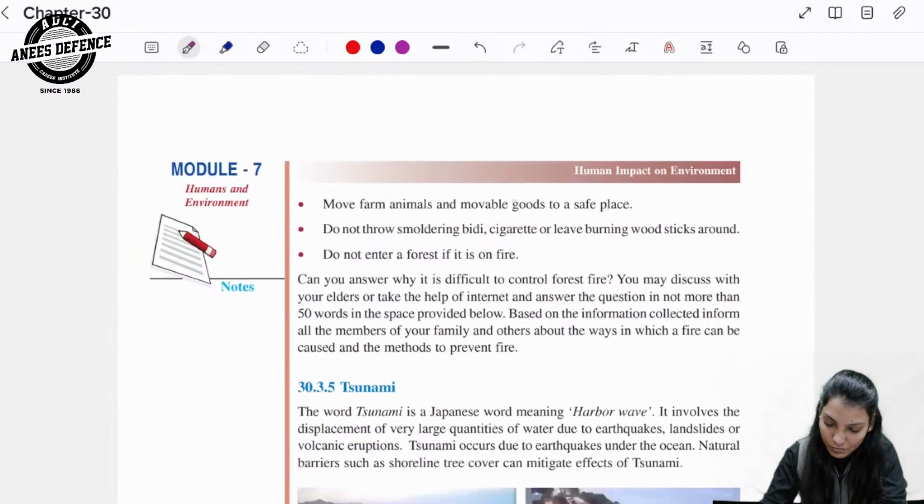Move animals far from this forest fire. We should move those animals and the objects which can easily get burned, and we can move those